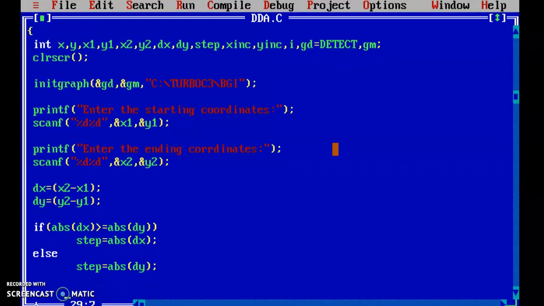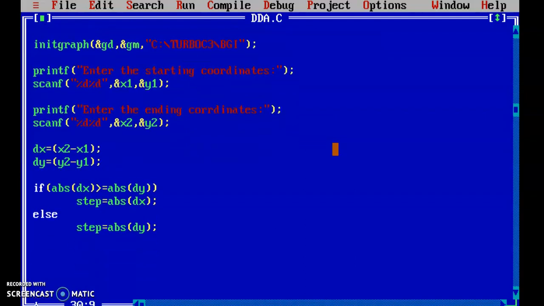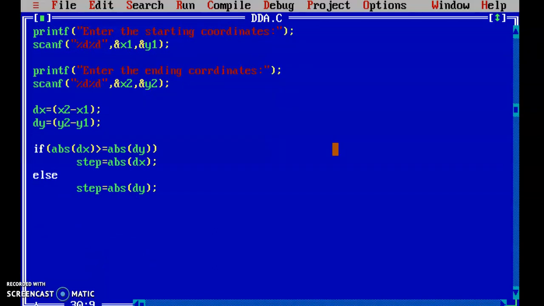Now after calculating this, we want to calculate x increment and y increment. So x increment is equal to dx upon step, and same for y increment, dy upon step. Next, after calculating the increments, we go for plotting the first coordinates, those are x1 and y1. So I'm writing x equal to x1, y equal to y1.